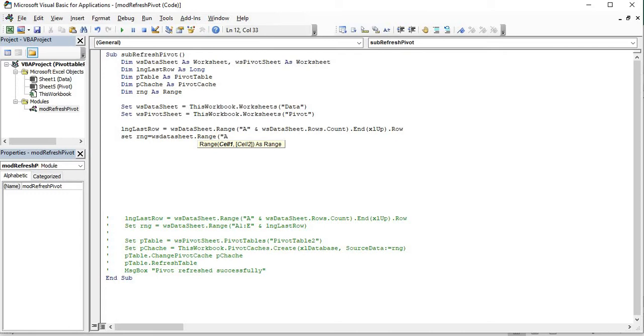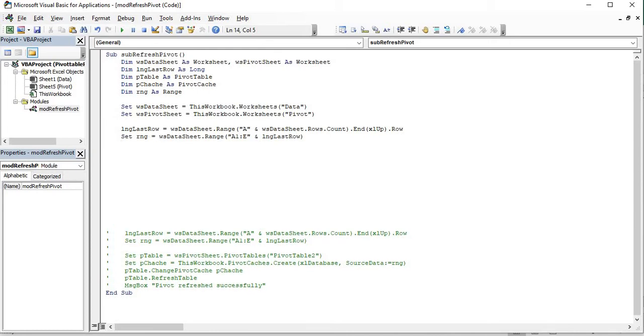My columns are fixed, so I just put the starting cell as A and the end column as E, but the row is dynamic, so I concatenate the row which we captured as the last row in the previous step. That's it. Okay. See, now I captured this range also.